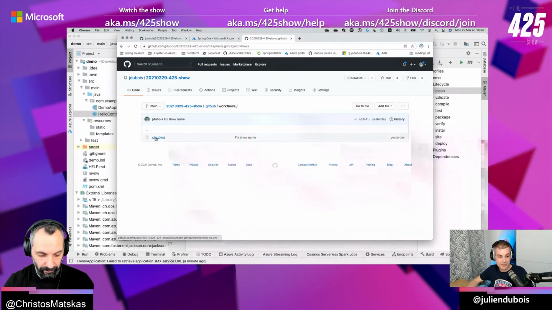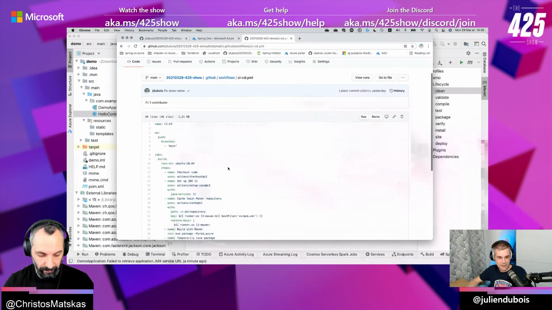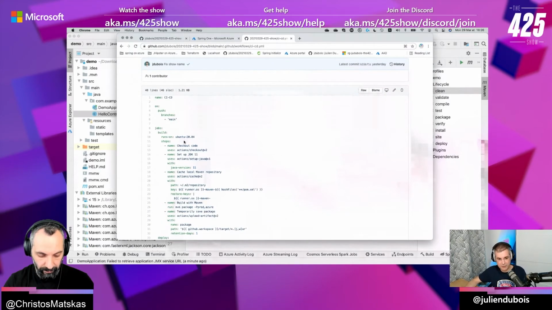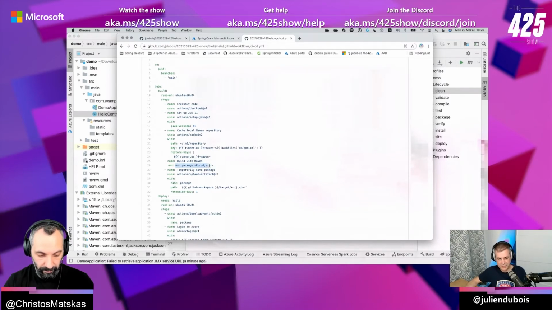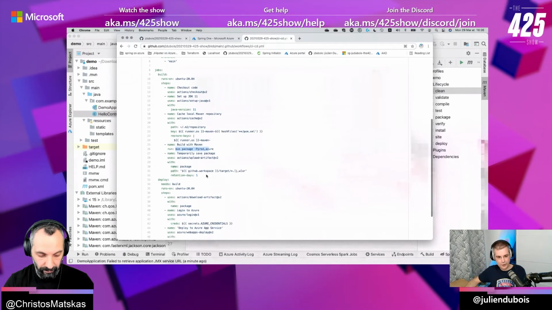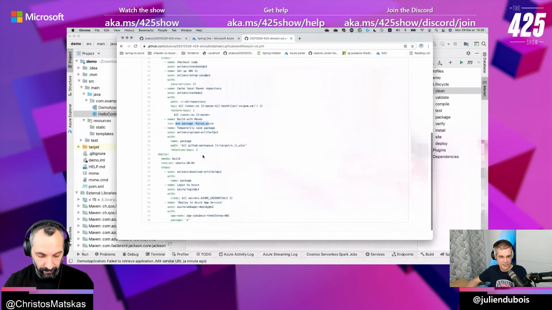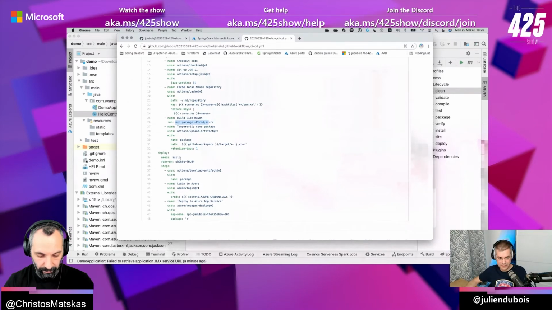And that's how I deploy with that GitHub Action. What that GitHub Action does is check out my code, set up the JDK, add some cache for Maven, and run Maven, so it packages my app. It uploads it temporarily inside GitHub as a GitHub package. And then it deploys it. So it takes back the package that was just generated before, and it logs in to Azure.